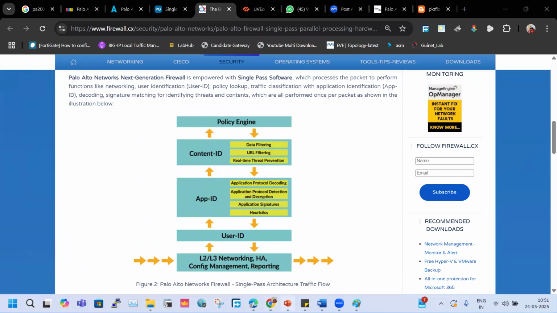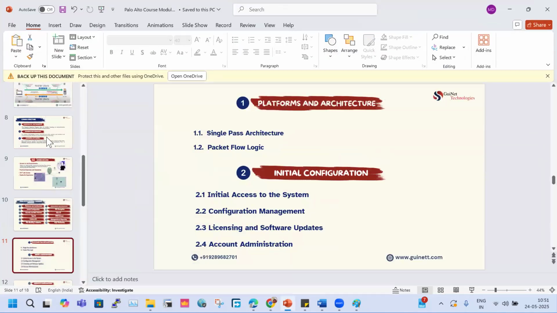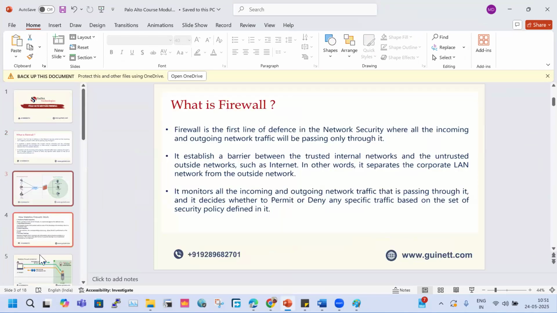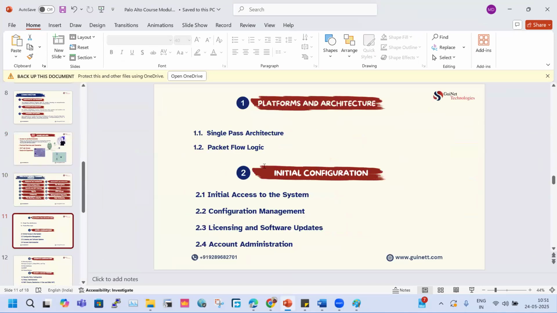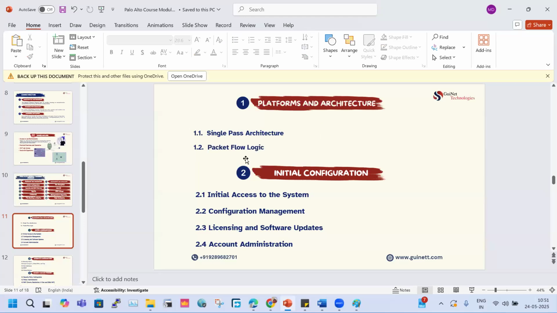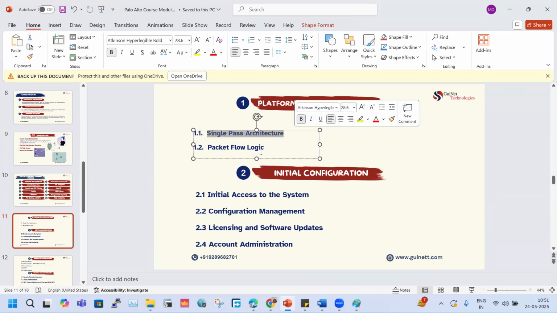Our next module, or next discussion, will be about what we have already discussed. I think we have this document which was already shared by your concerned team, correct? If you have this, then it's good. It has all the content details. So we have covered the single pass architecture and how it works, right?